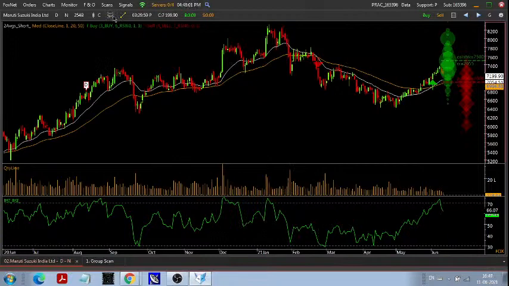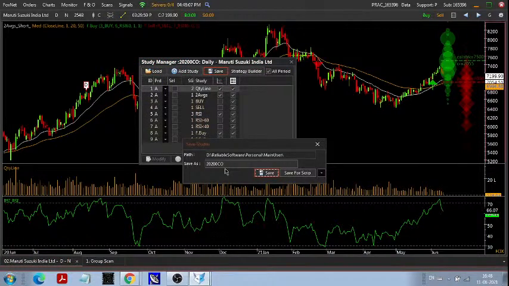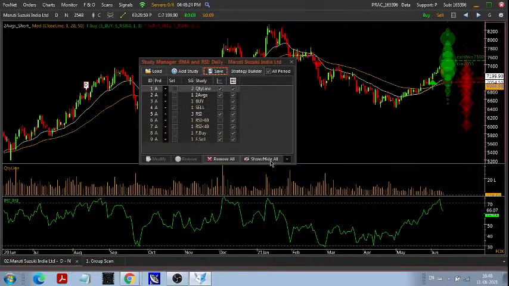Again going to the study manager, I will click on the save button. I will save it by the name of MA plus RSI strategy. Okay, that's it. I will save it.